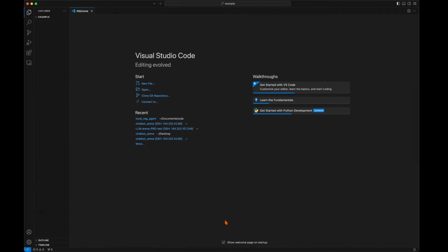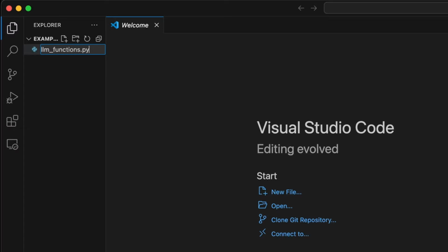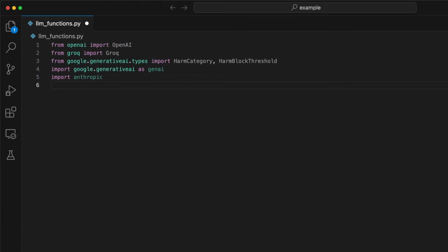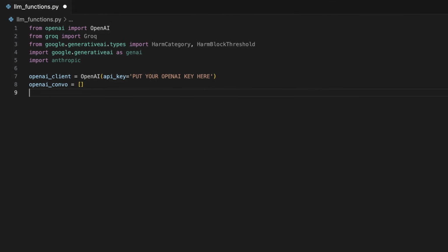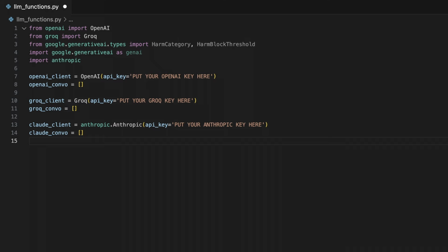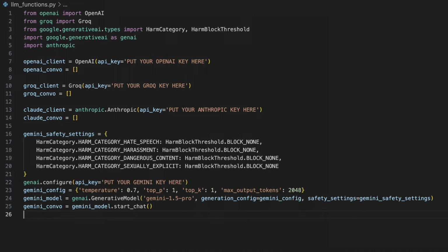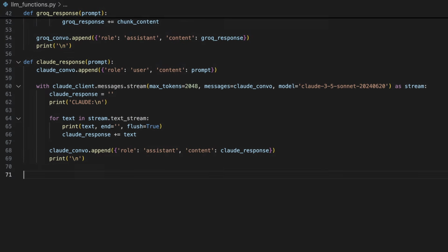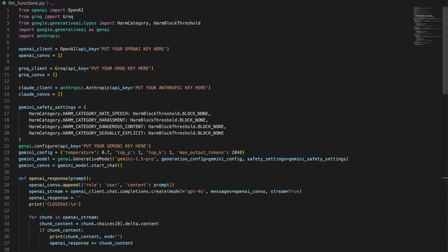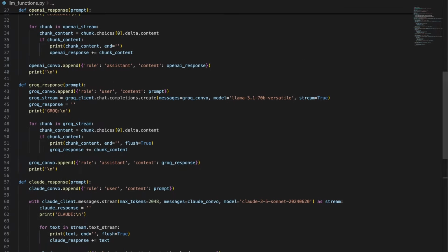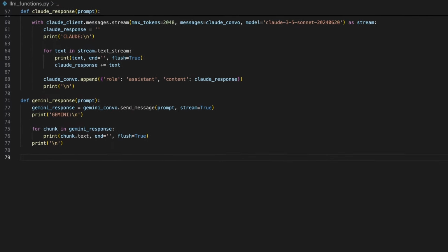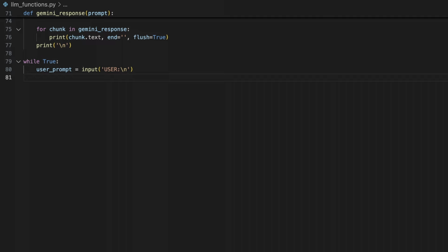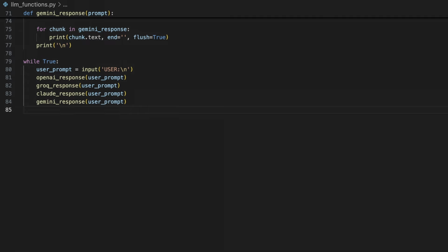Inside of a code editor, create a new file called llmfunctions.py. Inside of this file, we will import the libraries for each LLM API. We can then configure our connections to the APIs by passing our API keys and the desired LLM configuration settings. After that, we will define a function for each LLM to stream the responses. Lastly, we can request a prompt input in a while true loop and then pass the prompt to each of